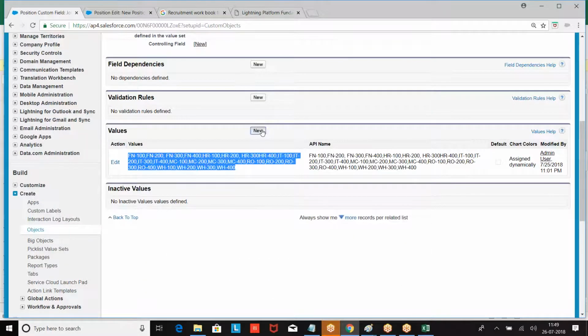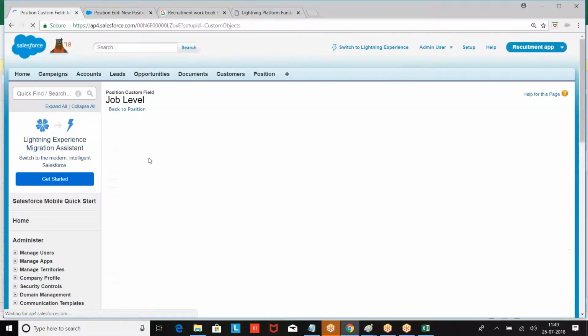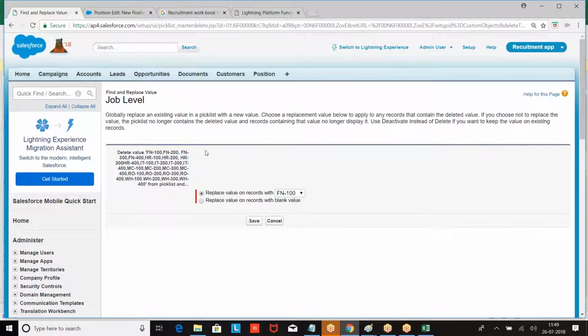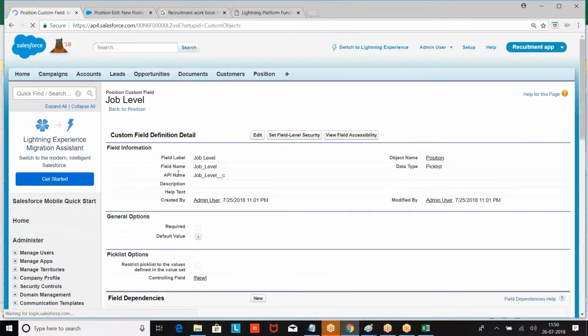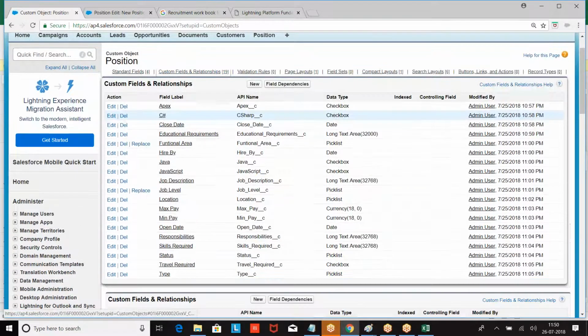So I have to go to new. Then remove the first option. So what are the other things that we have created again? Right. So already one of the bugs is also there. Min value has to be required. Max has to be required. Then functionality we have done. Job level, location again.